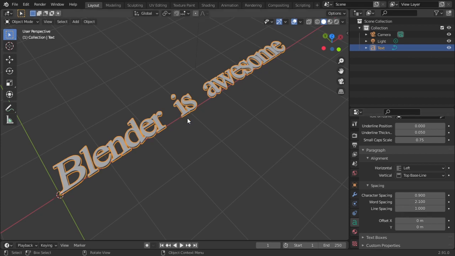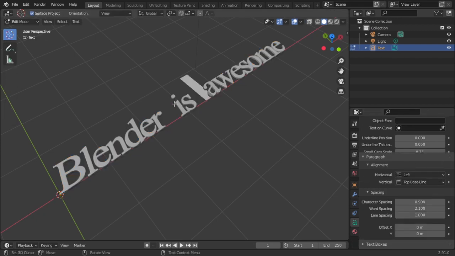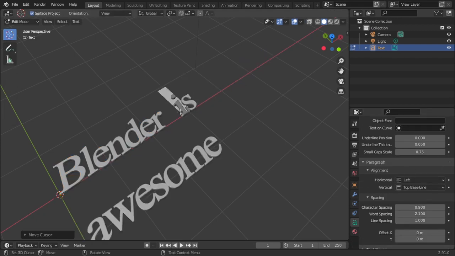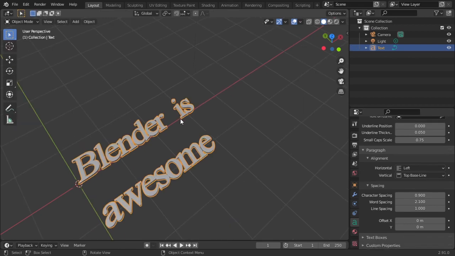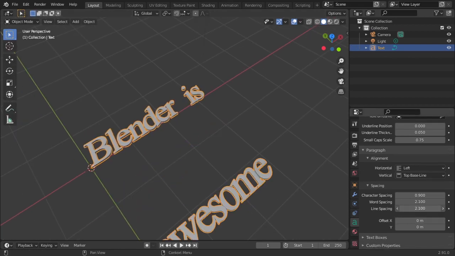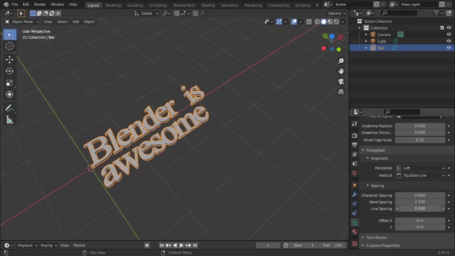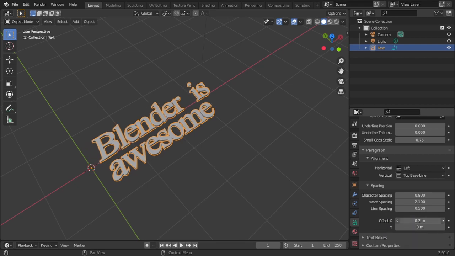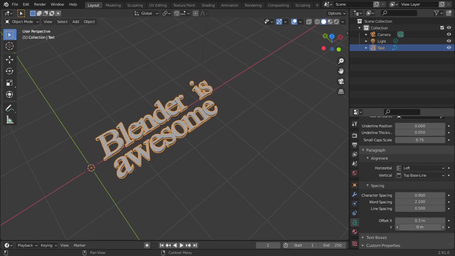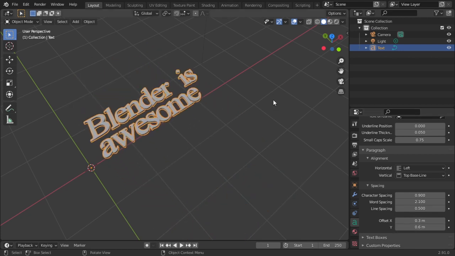And line spacing is related to lines. Let me put it at its default value, enter it, and what this line spacing does is the gap between two lines. And then we can offset it along the x-axis or along the y-axis. This red color line is the x-axis and this green color line is the y-axis. If you anytime get confused, you can see over here, you can get this x, y, z axis.